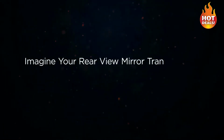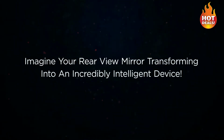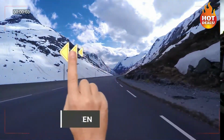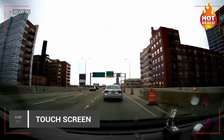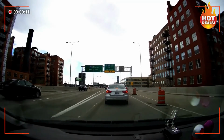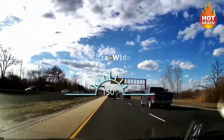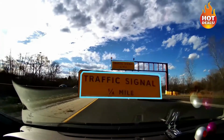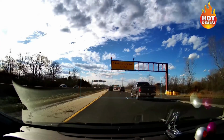Imagine your rearview mirror transforming into an incredibly intelligent device. That with 1080p front camera and 9.66-inch big streaming media touchscreen could show you crystal clear front and rear views and record highest quality videos to see more traffic information as well. A device with 150-degree ultra-wide lens to cover the entire road ahead and capture all the critical details like